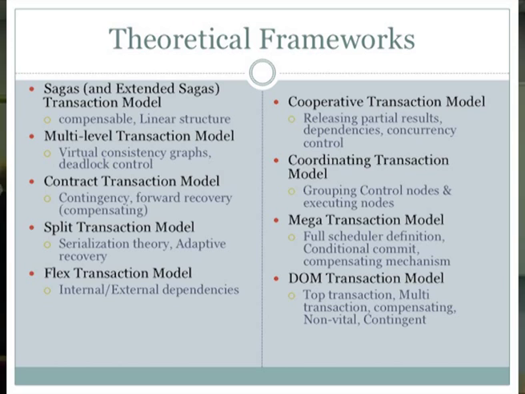We have mega transactional model. Provide a scheduler system, and you have concept of conditional commit and compensation mechanism for itself. And we have famous DOM transactional model, which probably you've heard about it, and it's quite big, but again, not exactly in